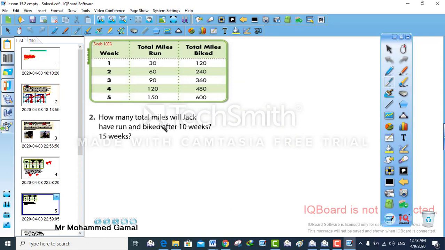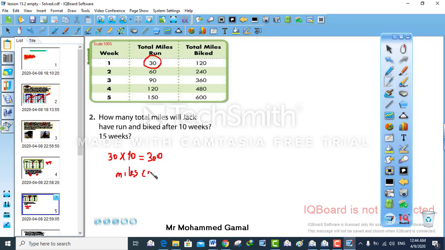Here he's asking another question. After 10 weeks, he's asking us to calculate how many miles he will run and how many miles he biked, for 10 weeks and for 15 weeks. Let's start with 10 weeks. For 10 weeks, some students will just add the same number, 30, 30, 30, till they reach 10 weeks. But for me, I will take the first one, which is 30. And how many weeks? It's 10 weeks, so just multiply them. So the answer is 300 miles